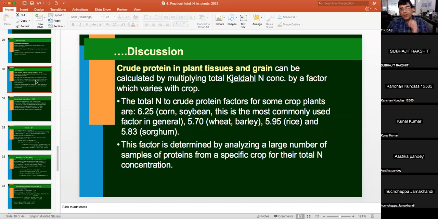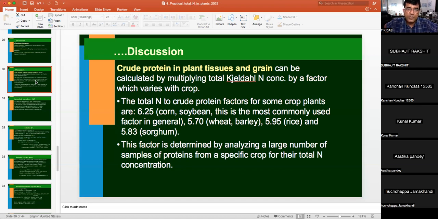Now, dear students, as I told you in the beginning, by now you have estimated nitrogen in the soil samples or plant samples. Now we can make use of this information to calculate the crude protein content. As I told you, for estimation of protein in plants or seeds, we estimate only the total nitrogen. Then we multiply with a factor which may vary from plant to plant, and we get the crude protein percentage. So it can be calculated by multiplying the total Kjeldahl nitrogen by a factor which varies with the crops. For example, for